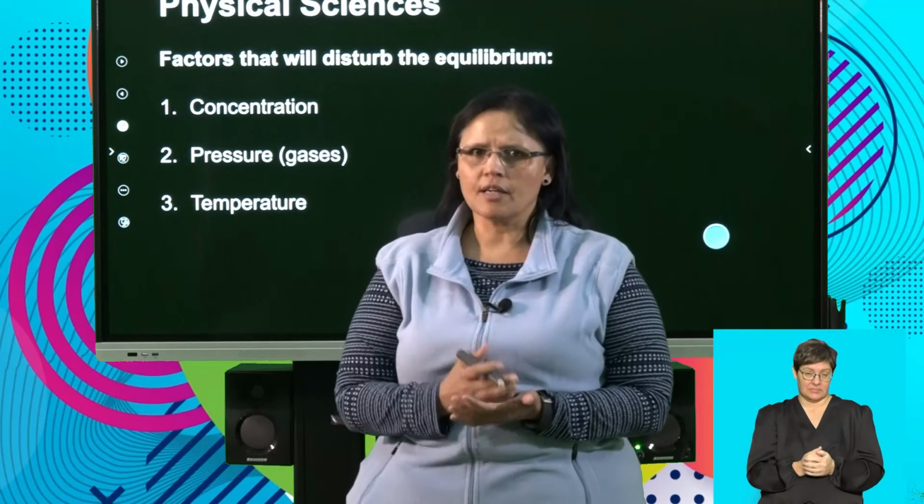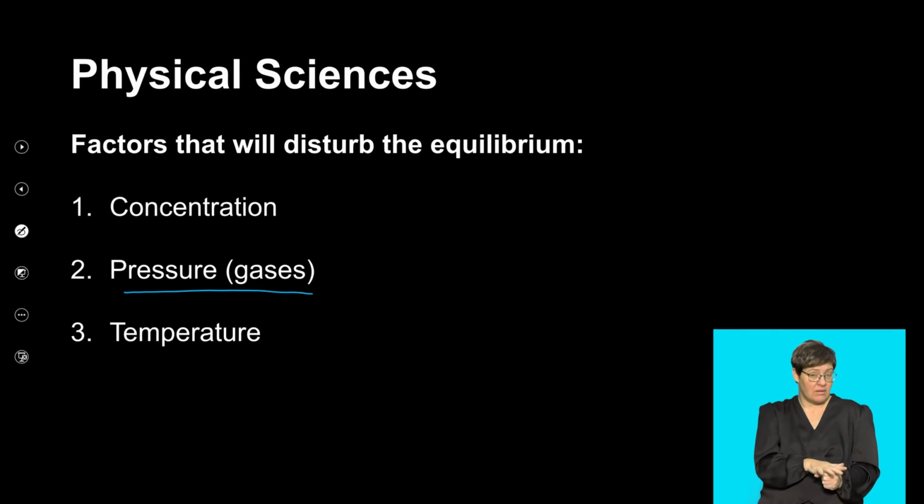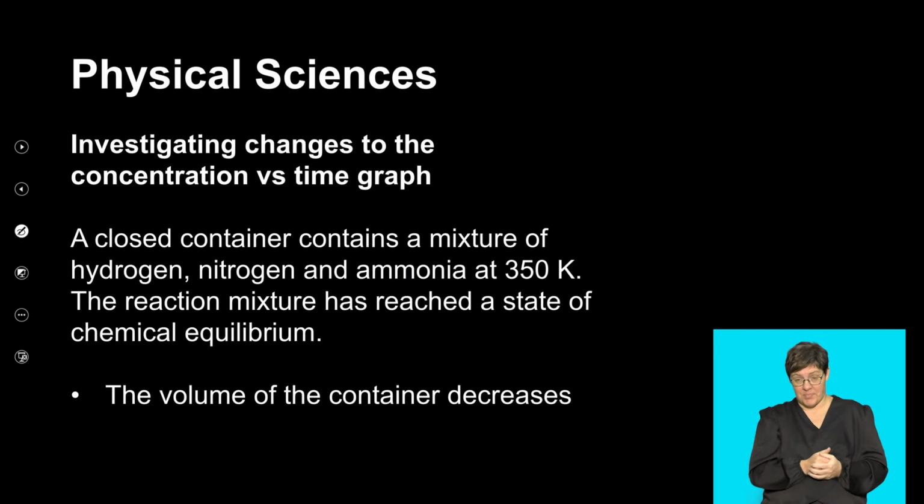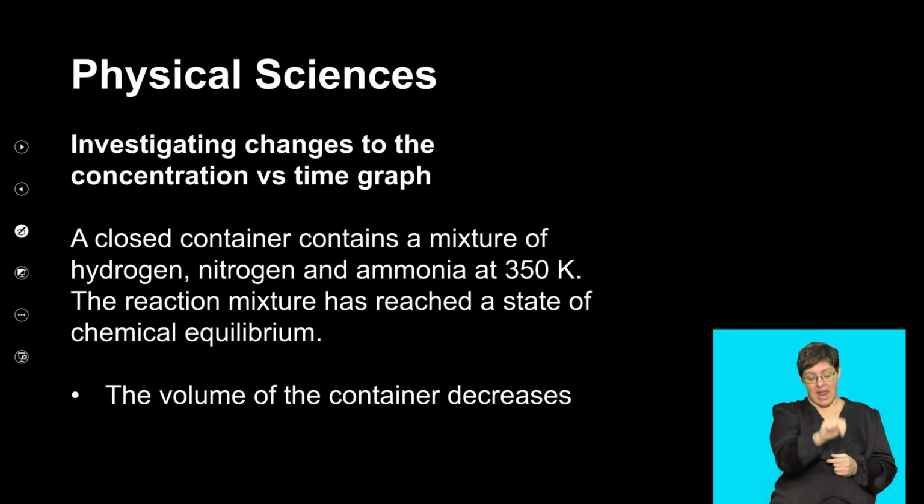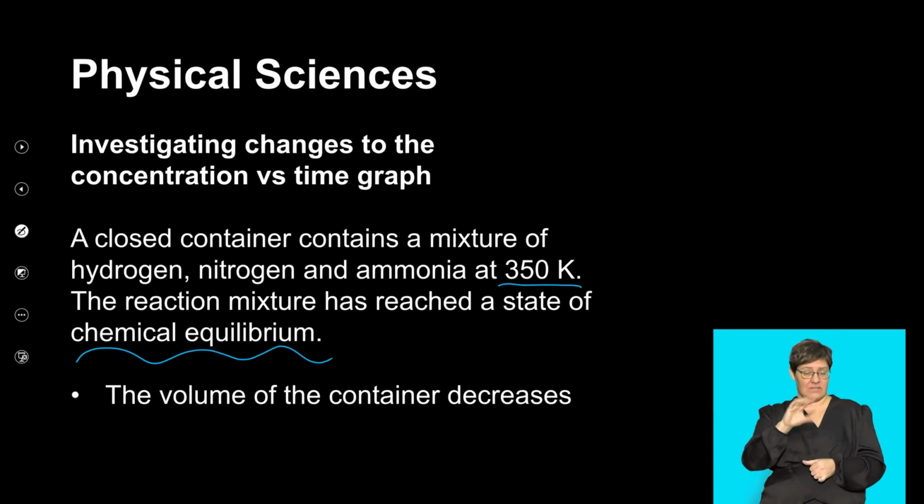Now we're going to look at the next one. We're going to look at pressure. Remember, we only get pressure in gases. And whenever I say the word pressure, you should think volume. So we still have the nitrogen, hydrogen, and ammonia gas at the same temperature there. The reaction is at a state of chemical equilibrium, and the disturbance now is the volume of the container is